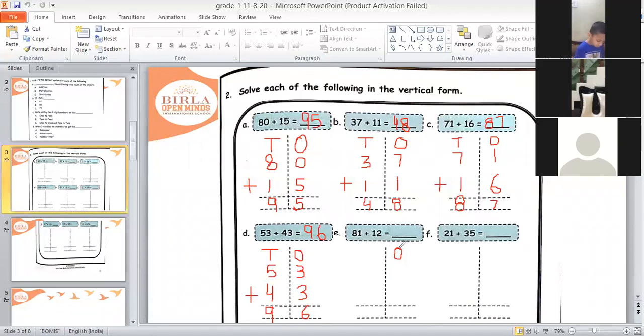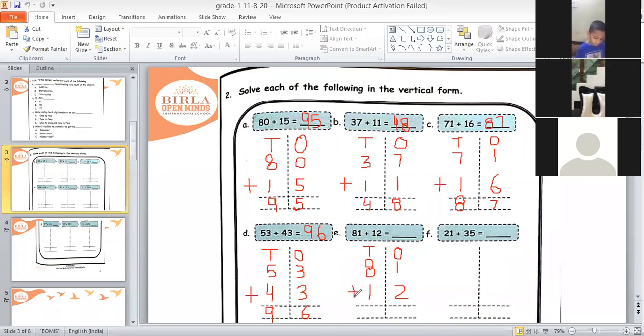So this O stands for ones and T stands for tens. So we will write this 8 in tens column and 1 in ones column. Then next one is 12. So we will write this 1 in tens column and this 2 in ones column, and we will put plus sign here.